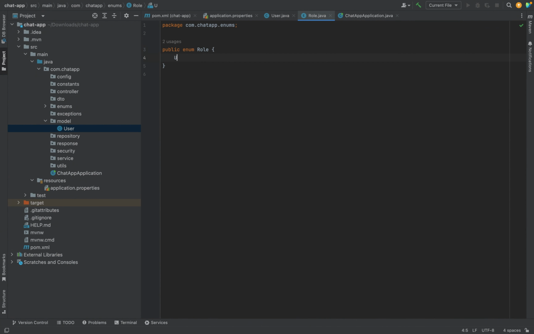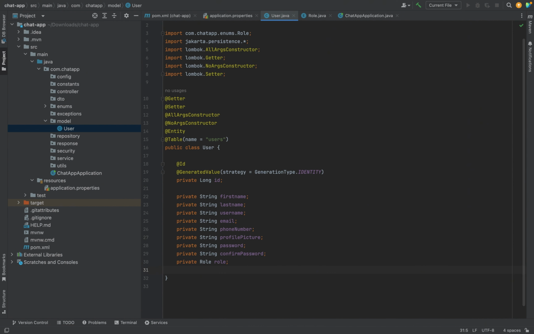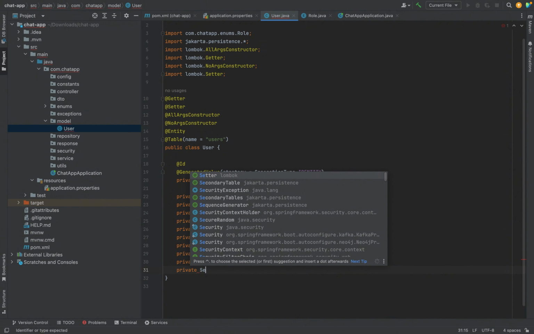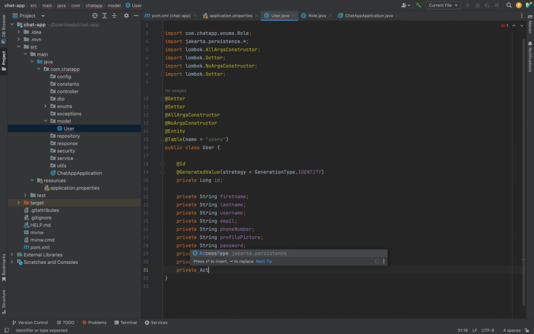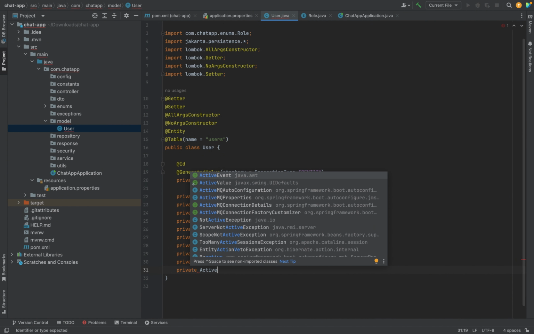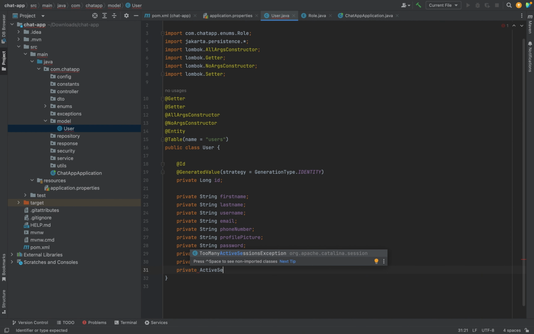Good. So say user. Now, we are going to be creating sessions. We'll be creating sessions for each user. So when a user logs in, we'll create a session for them, and when they log out, we are going to clear that session. This is just to track our users' activities, to know when they are logged in and when they are not logged in, or when their authentication token is still valid or not. So that's the essence of this session. Although this session is going to be an entity, we'll now map it to this user. So active session